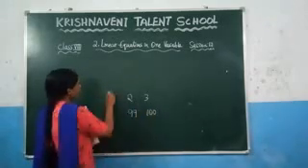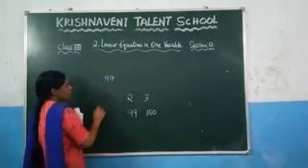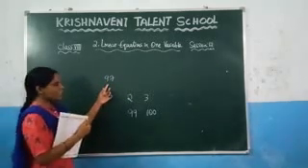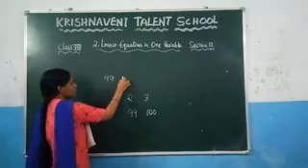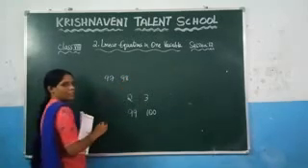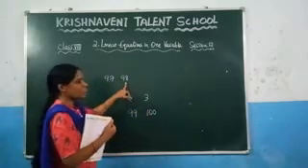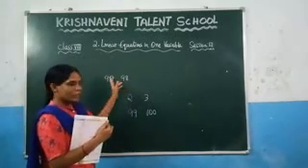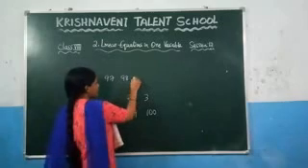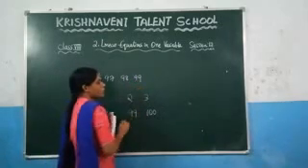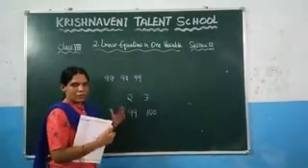Because if you are given 97, what is the next consecutive number? You just need to add 97 plus 1, so that you get the next consecutive number, 98. And if you want the next consecutive number, again you need to add 1 to this number. So 98 plus 1 is 99. This is nothing but the consecutive numbers.